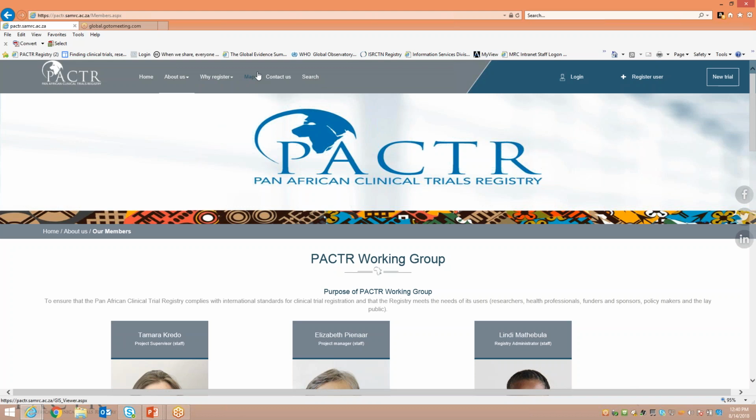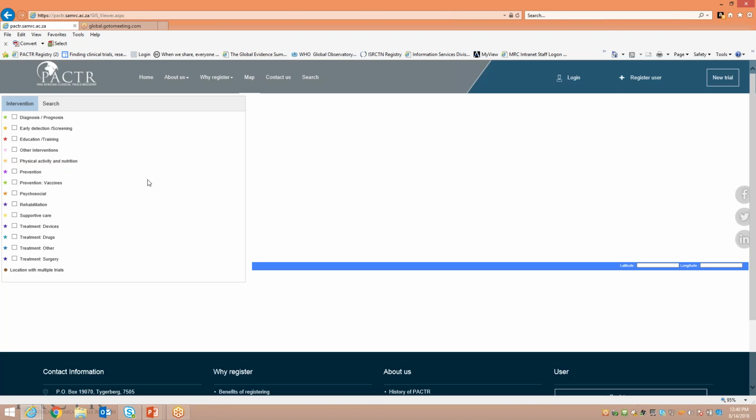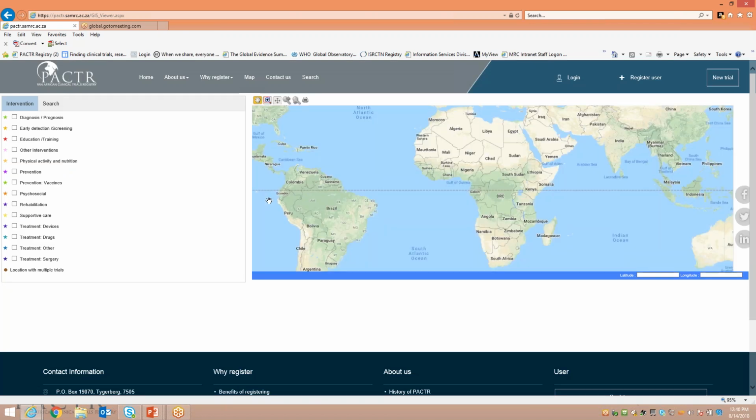PACTA also has, as part of the register, a map which shows Africa, and we will show the recruitment sites across the African continent. And this will explain to those of you who have already registered a trial with PACTA why we ask detailed information about recruitment sites. If I'm, for instance, interested in prevention trials dealing with vaccines, if I choose that, immediately